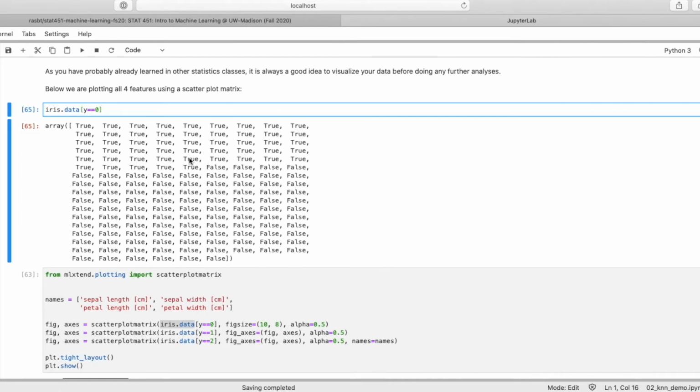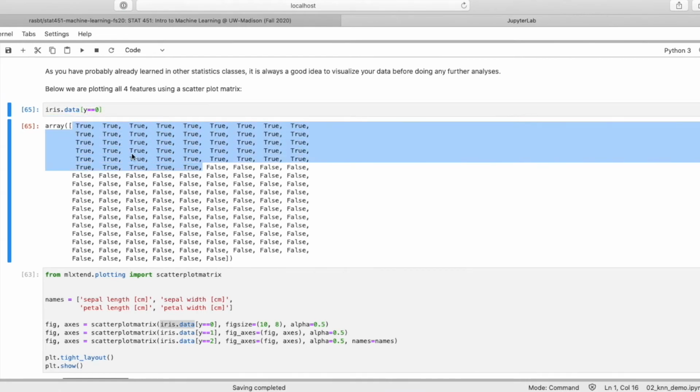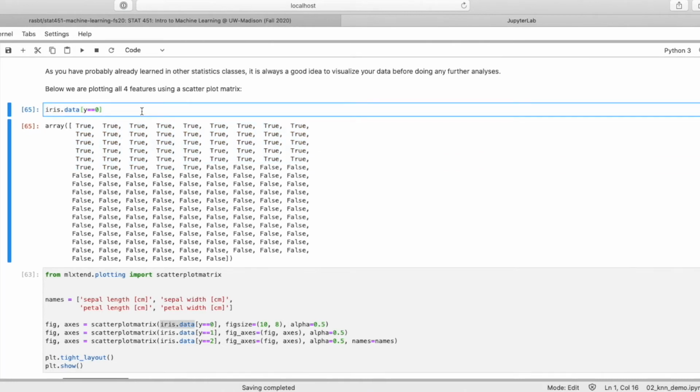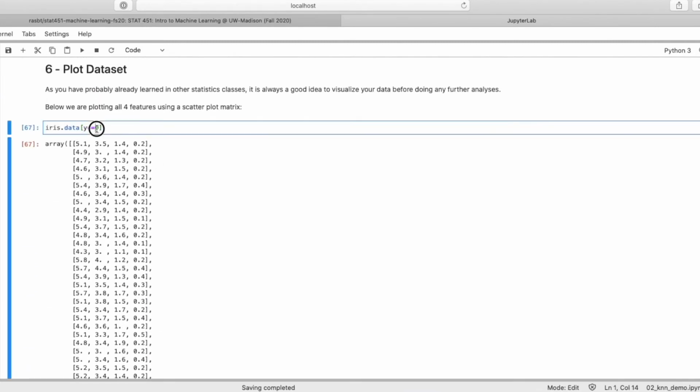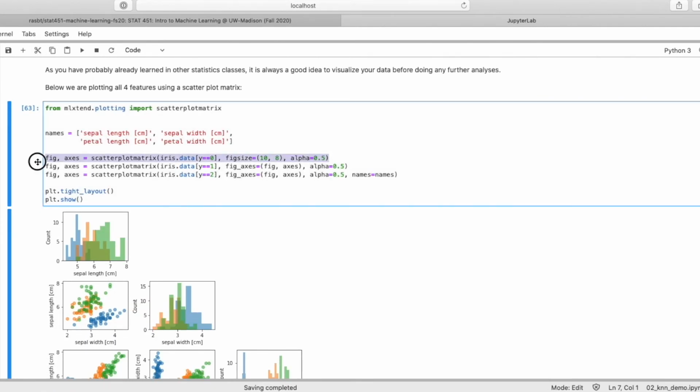So it will only give me these here, and these are the ones corresponding to class 0. That would be iris setosa. It's only these values here, and then I can do the same thing for 1 and 2. So here I'm only plotting setosa, and then here I'm plotting versicolor, and here I'm plotting virginica.